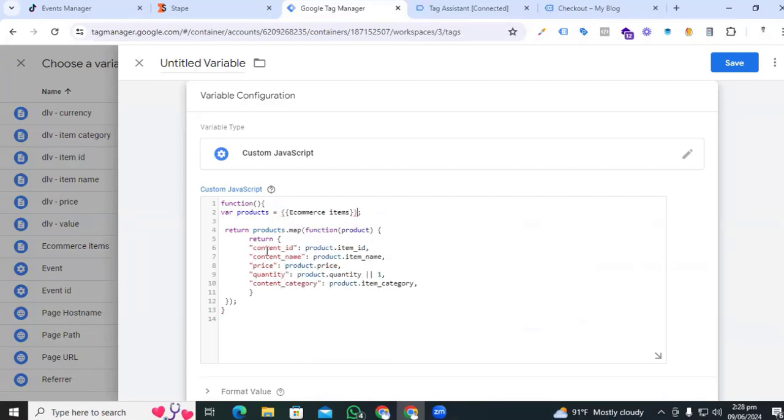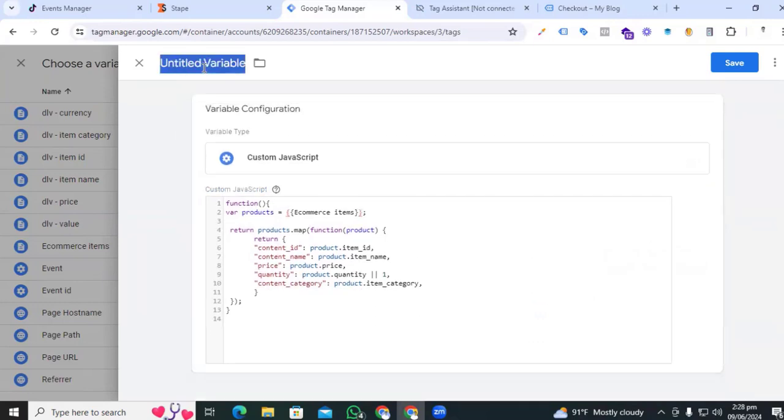And on the left side, you can see the TikTok schema, and on the right side is the GA4 schema, that is, create a contents variable. I already said that this video will be in the description box. You can check it out, then you can understand how to create a contents variable for the initial checkout and purchase event. So finally, we give the variable name, that is CGS, which means custom JavaScript